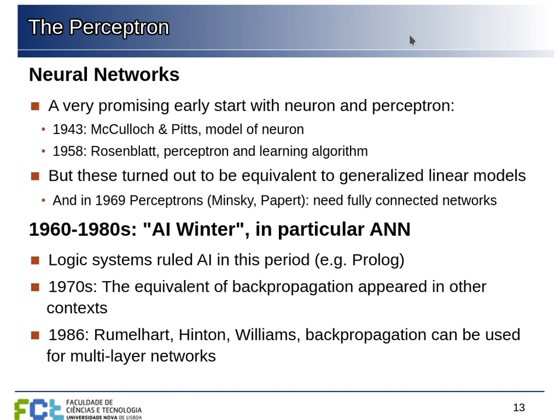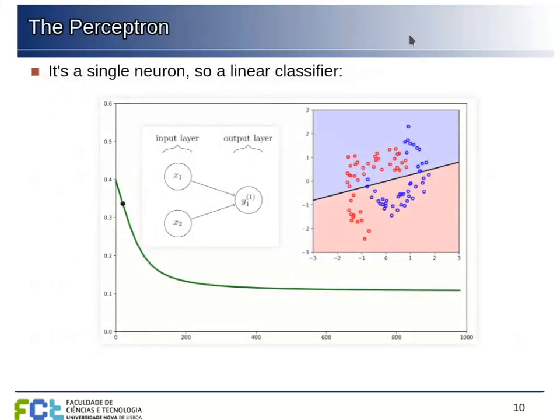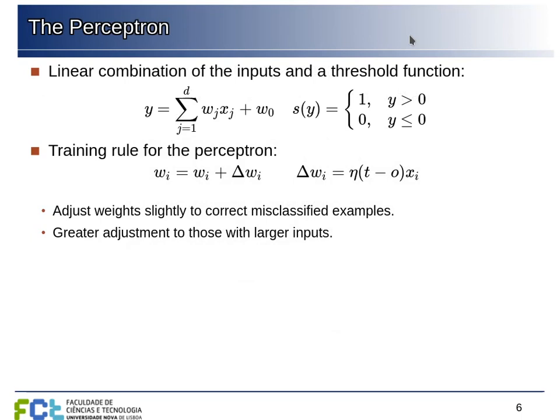And in fact, it turned out to be equivalent to some generalized linear models that were already well known in statistics. So the result was the realization that it was necessary to have networks of neurons and not just a single neuron in order to solve more complex problems. And this got stuck on a problem: with the perceptron update rule, we can train a single neuron, but we cannot extend this to a network of neurons.